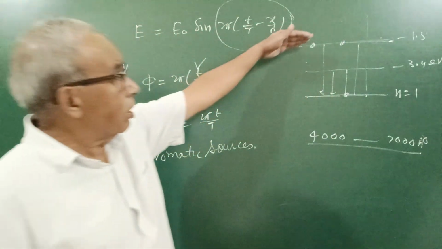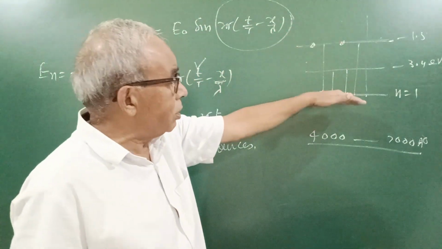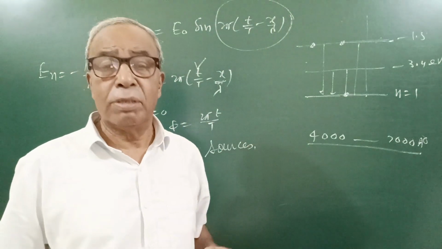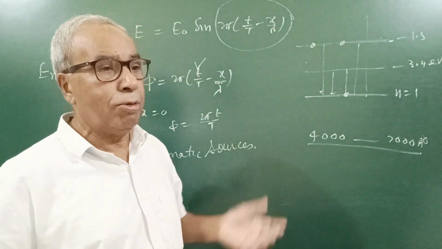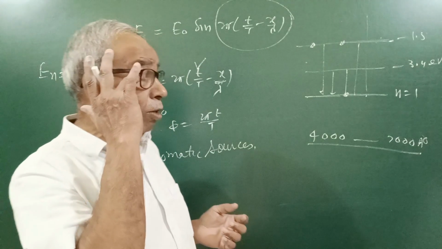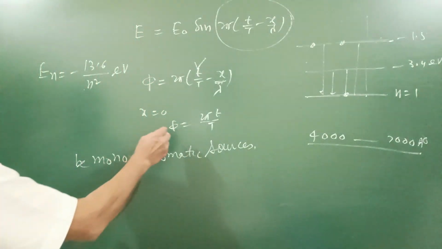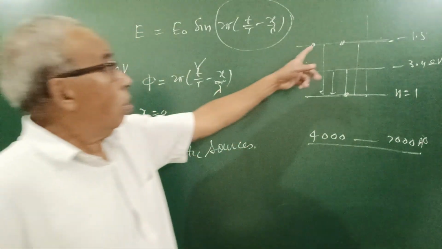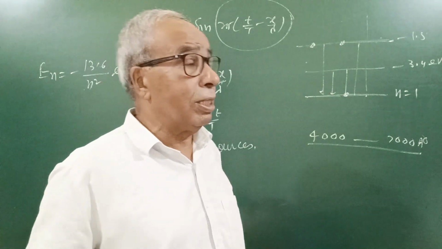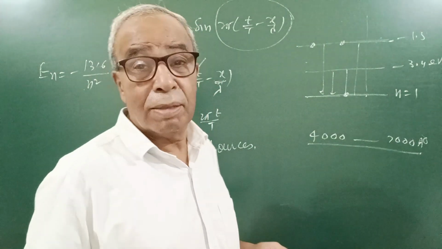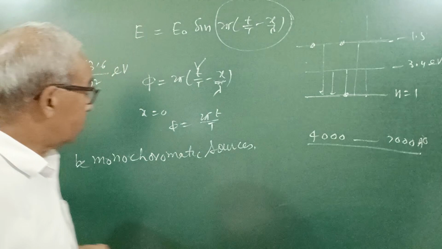But remember that electron jumps from higher to lower state at different times. The time interval between them may be a microsecond or nanosecond, but time is there. So waves are emitted at different times, so they differ in phase. And therefore,